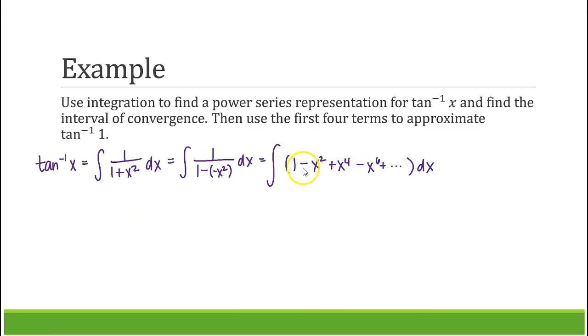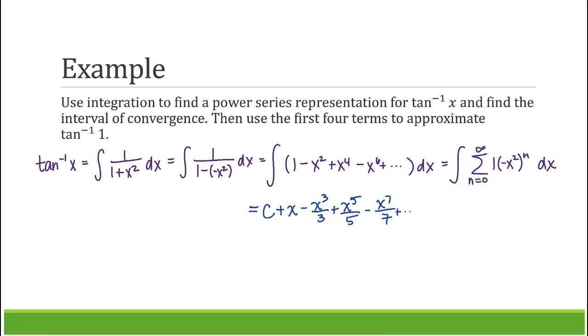dx. So if we think about the term by term integration here, again we're going term by term, we multiplied by negative x squared, or in that summation notation format, we're going to integrate the sum of n equals 0 to infinity of a, and then my common ratio was negative x squared to the n dx. So this is my condensed summation notation version, a r to the n. Alright, so now let's think about the actual integration part. First, let's think about it term by term. So we're going to put that constant in the front, and then the antiderivative of 1 is x, so we're going to have plus x minus x cubed over 3 plus x to the 5th over 5 minus x to the 7th over 7 plus dot dot dot,